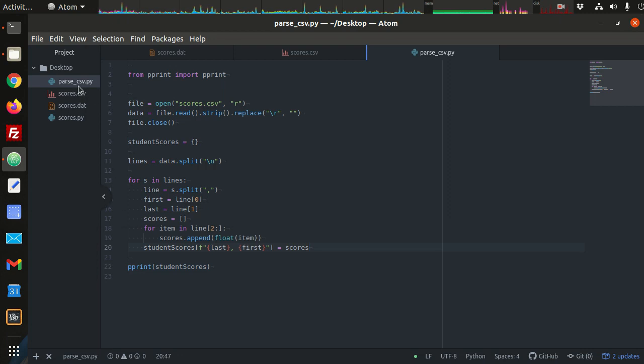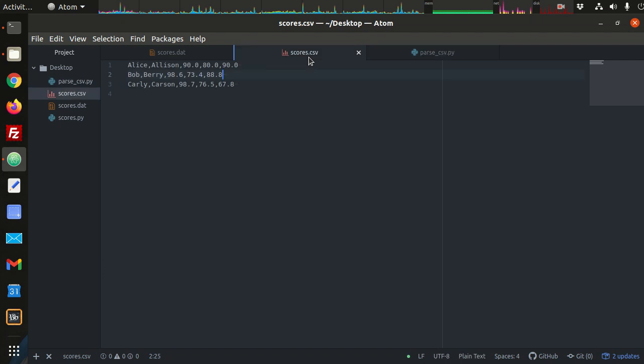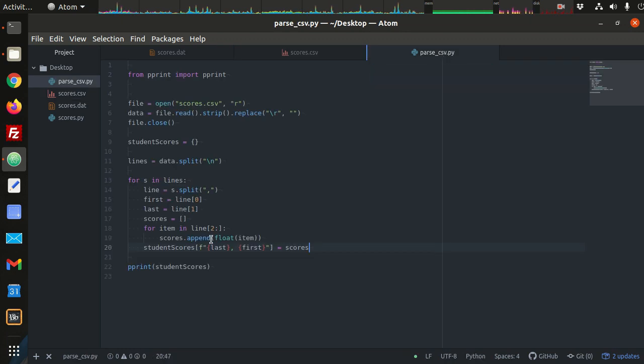Okay, so that's parsing data from a CSV file. Now in the next video we're going to discuss how we can add things to this. How would we add values to the end, right? We'll basically want to add something to this student scores data structure, right? So whenever we get data from the file, we want to create this data structure, create this student scores. Then we can manipulate the student scores, and we eventually have to have some way of going back to the